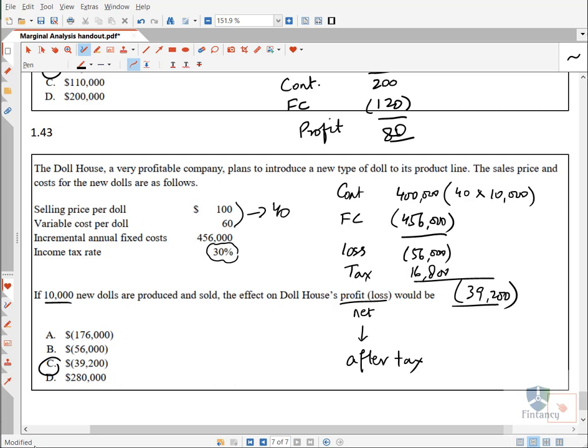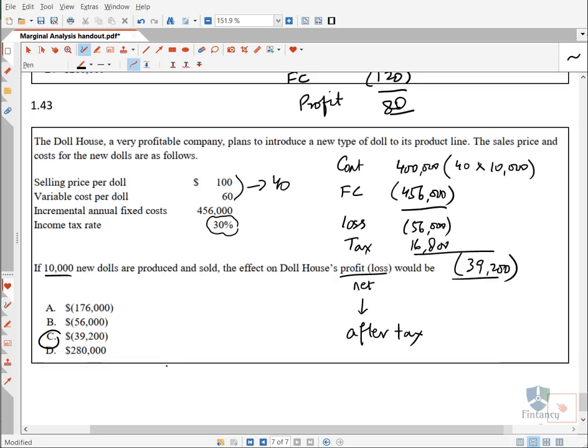Okay, the answer will not be B, my friends, because we need to get the net answer. Okay, and you know, the taxation is a separate area, but I am just telling you that for the losses, the taxation people, they give some relief sometimes if certain conditions are fulfilled. And then there is a concept of deferred tax, deferred tax asset, deferred tax liability, many concepts are there. Okay, just remember that if there is a loss, you need to add back the tax. So that is the conclusion of our MCQs on marginal analysis.